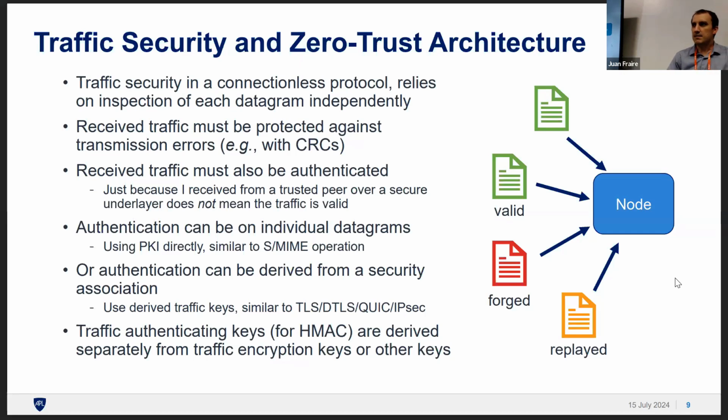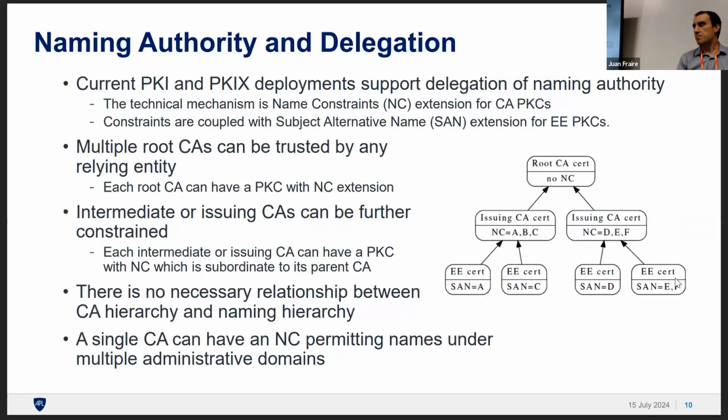Just because I received and handled a valid datagram that I got from my radio doesn't mean that the next one down the line is going to be trusted. It could be that the next one is forged. It could be that it's replayed and I should ignore it. It's still valid, but somebody's trying to attack me. So each piece of information that comes off the underlayer network needs to be